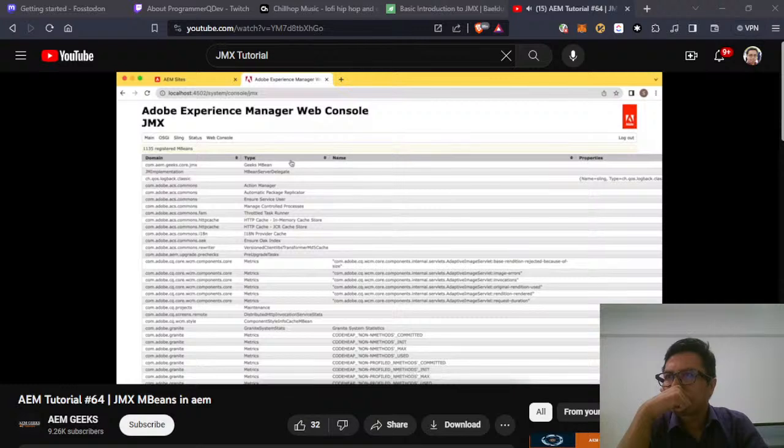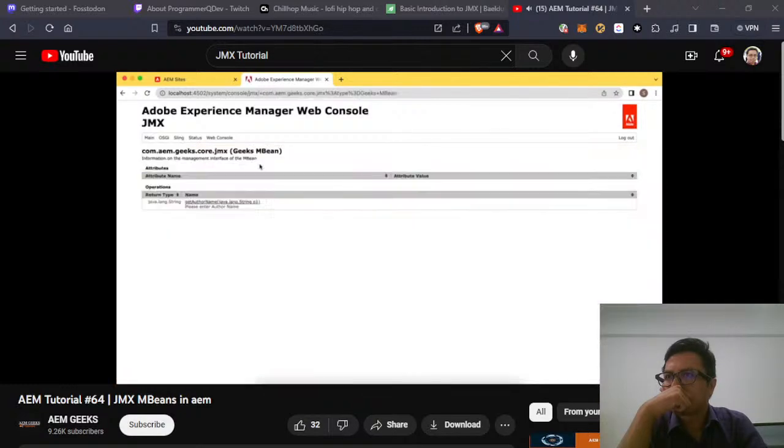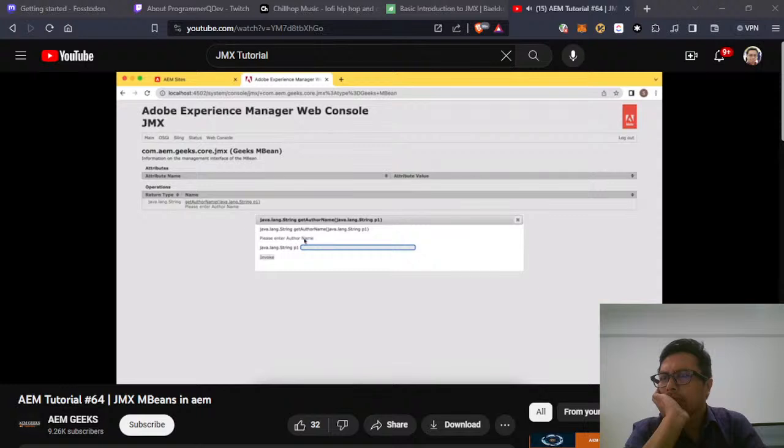All right, so now if you open this, just click on this and you will see the methods which you defined. Obviously these should be methods which are accessible. They should not be private. Now, if you have access to this console, you can run these methods. Click on this. Whatever the input of your method is, it will give you a text box to add input. Let me add something, AEM and Geeks. Alright, before I execute, using this invoke, this method will be invoked, and because it returned the same thing, you will see the response here along with